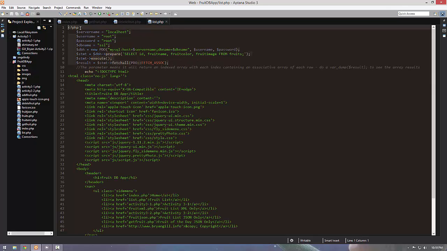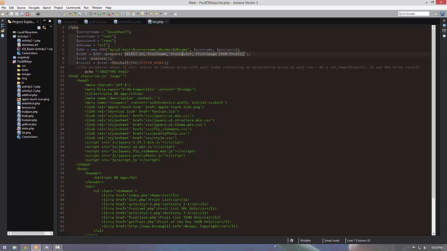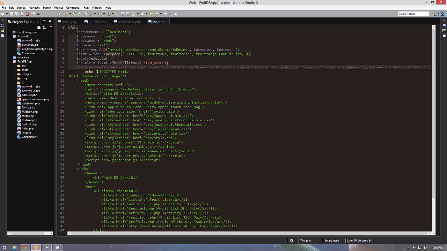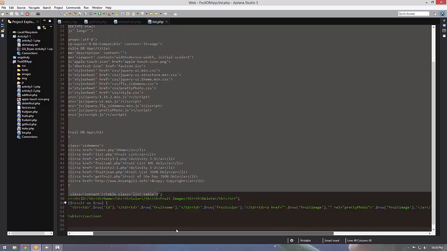And for the list, again, starts off PHP, makes a PDO connection, here's my SQL statement, which is the ID, fruit name, fruit color, fruit image, and throws all that into the statement, executes it, and then again echoes out the entire top part, including the open tag for the table, and then it echoes in all the table header rows, and then goes through a foreach loop and echoes in the table row, table data, excuse me, open tags, and then the ID, close tag, open for the next table data, fruit name, close the table data, open table data, fruit color, close, open, and then we get into the fun stuff with